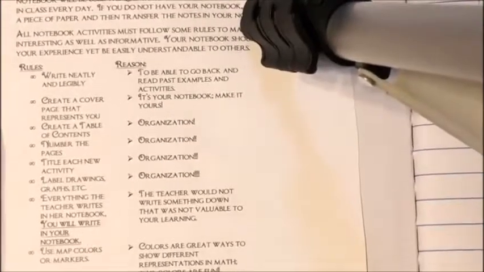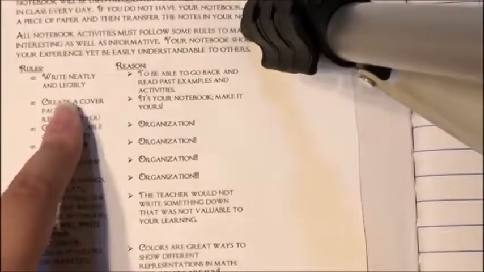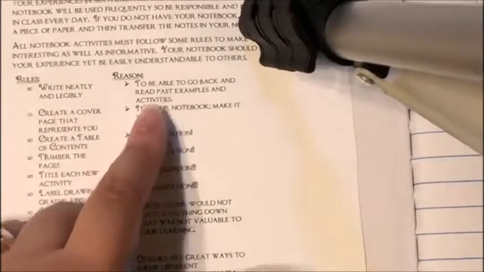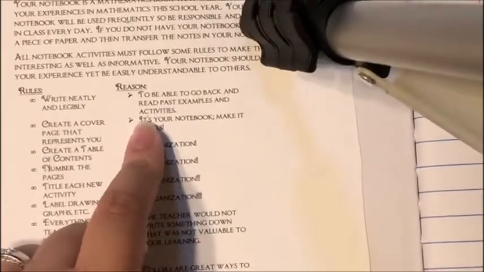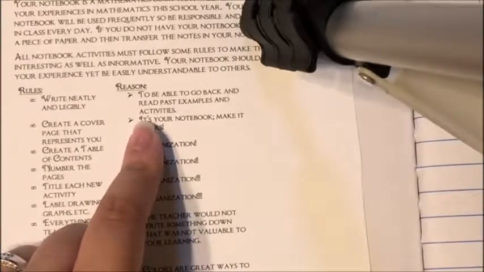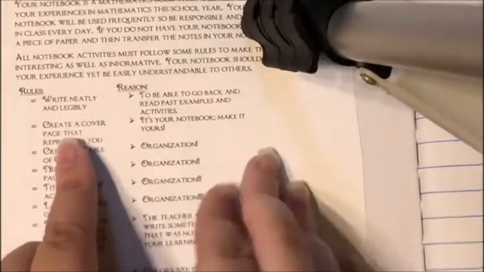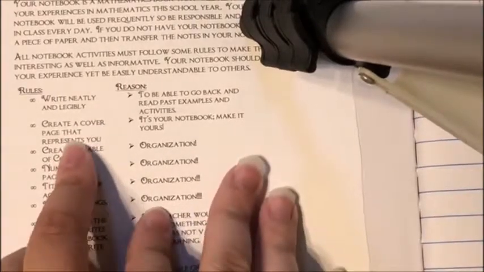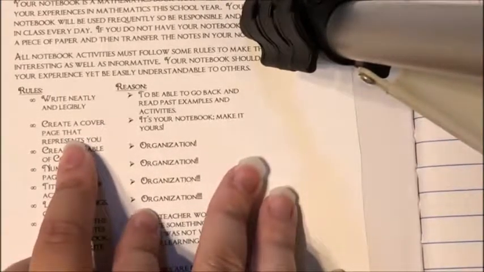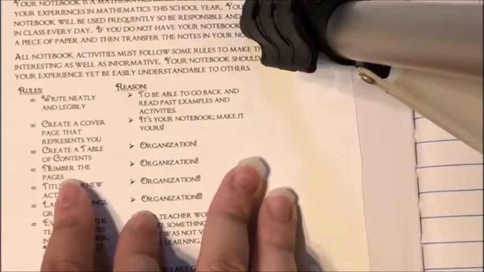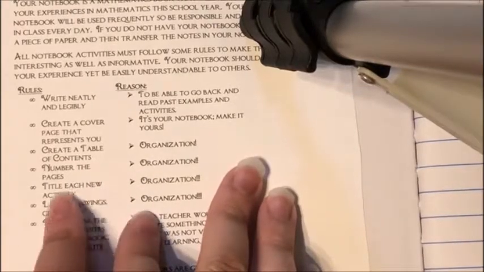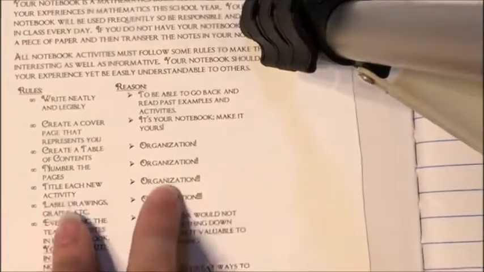So there are several rules for our notebooks. There are the rules below. Okay, so you need to write neatly and legibly. Okay, and we're doing this to be able to go back and read past examples and activities. You'll actually be able to use this notebook on quizzes, so make sure you can read everything that's in it. We're going to create a cover page, which you should have done with your mathematician research project. Create a table of contents, which we're going to do for organization. We're going to number the pages. Again, for organization,